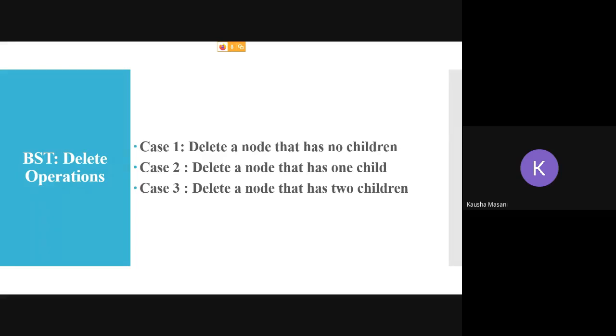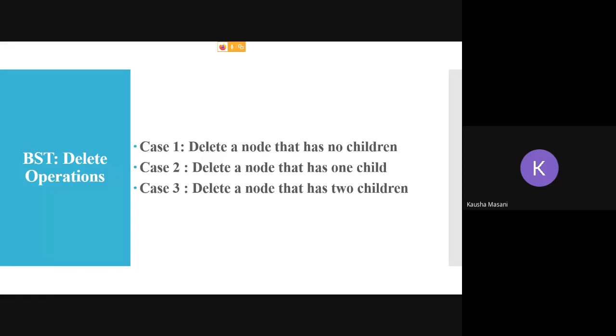Okay, so we are starting with your delete operation now. The very first case is to delete the node that has no children. That means your leaf node, because a leaf node is the only node which has no children. So what is your target key? You can say the target is the child node, so you are going to delete that. So delete the node that has no children, or you can say the leaf node.